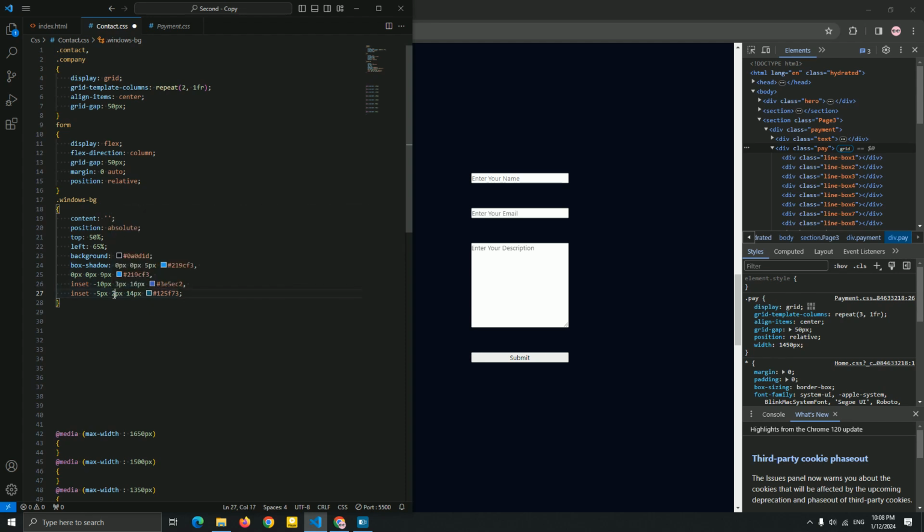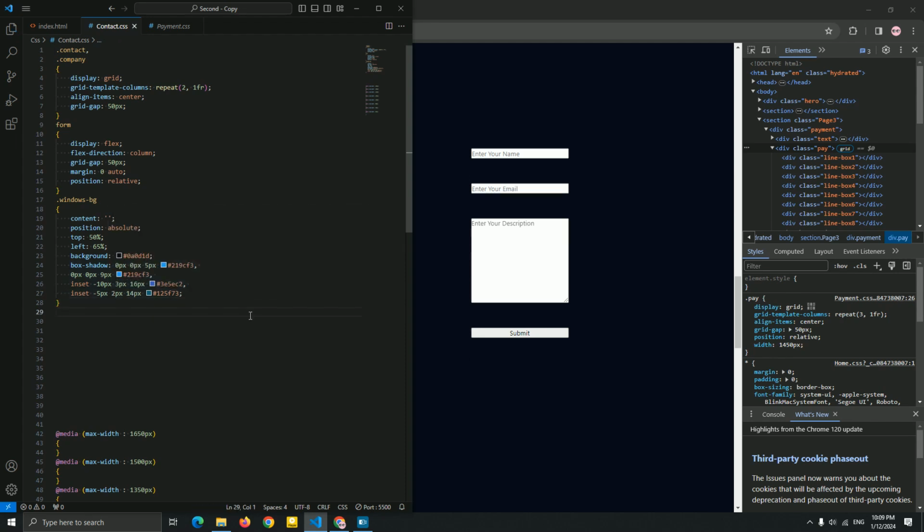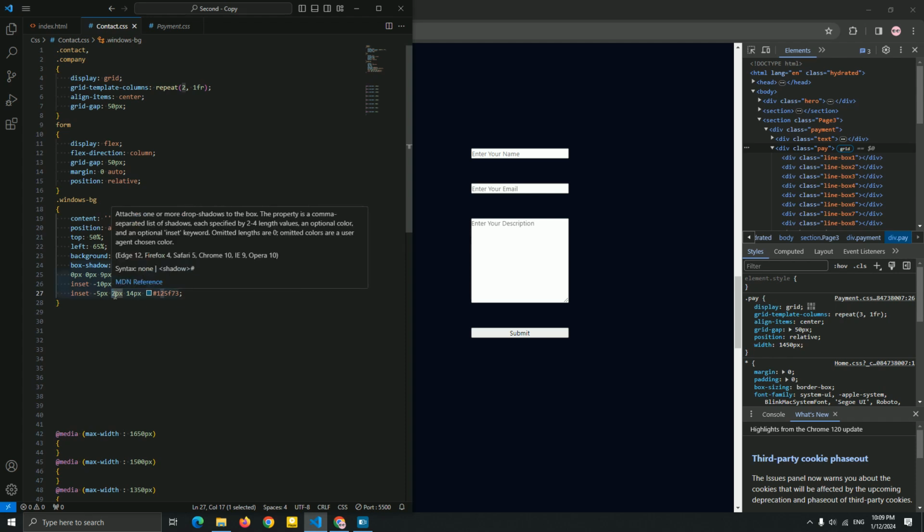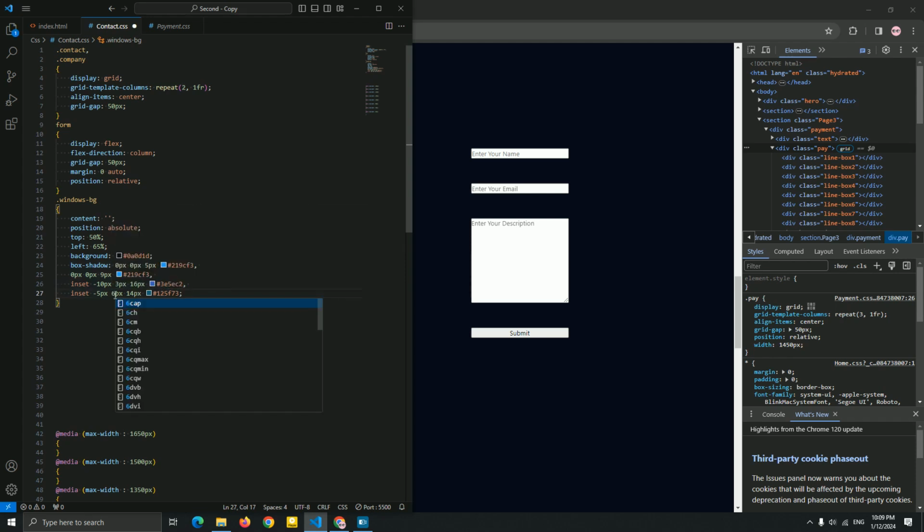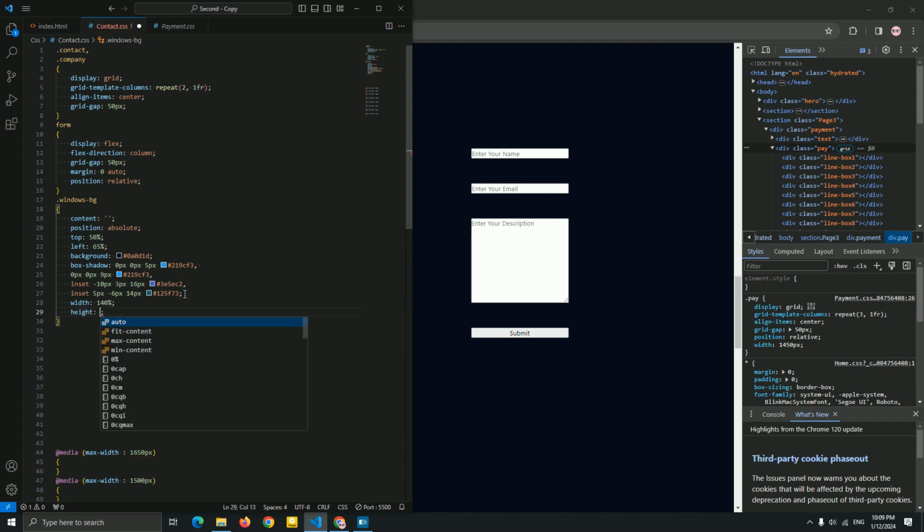Yeah, I think I need to add the width and the height. So let me add the 5 pixel, minus 6 pixel. Okay, let's see what's gonna happen. Let me add now width, height.